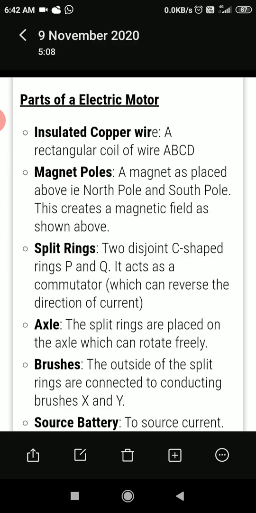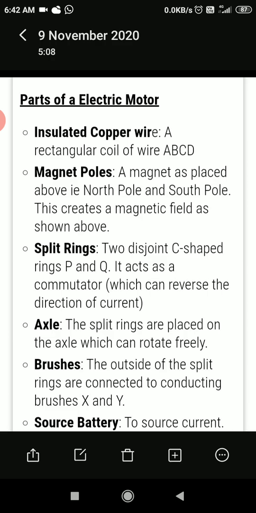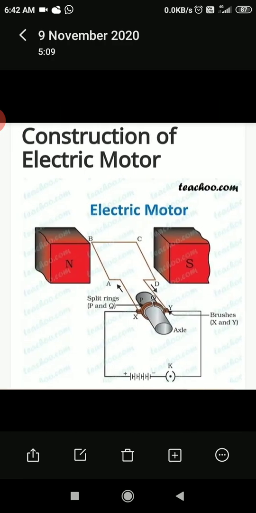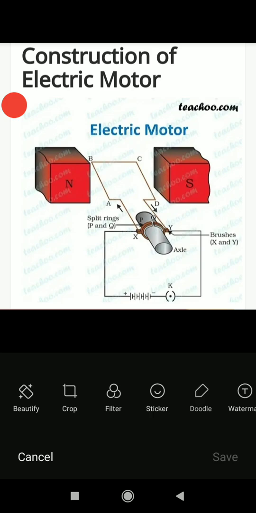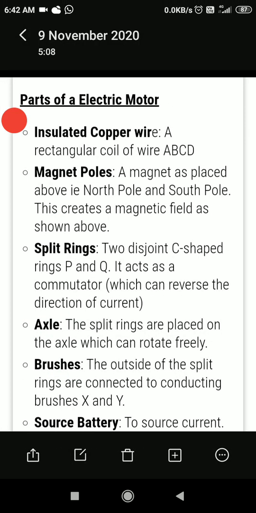And split rings. Split rings are two disjoint C-shaped rings, and they help us change the direction of the current. You can observe here, these are the two split rings which are in connection with the wire.